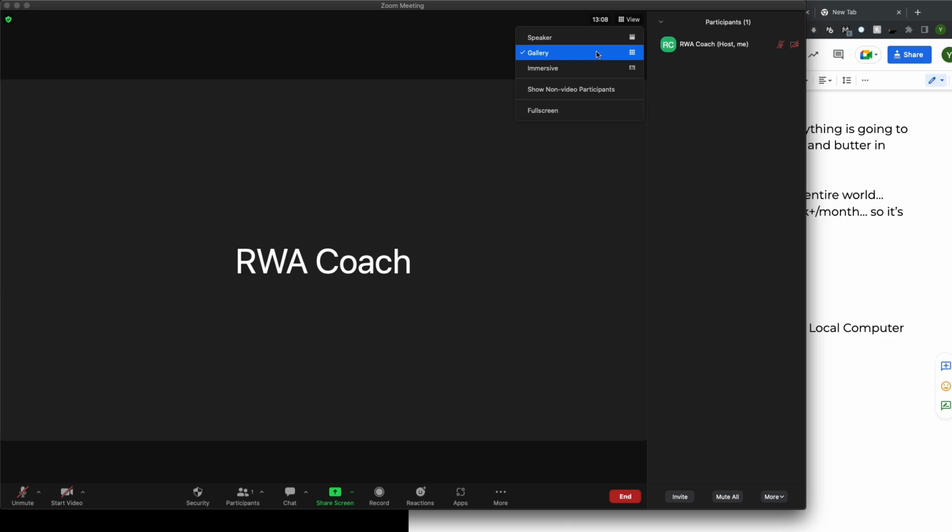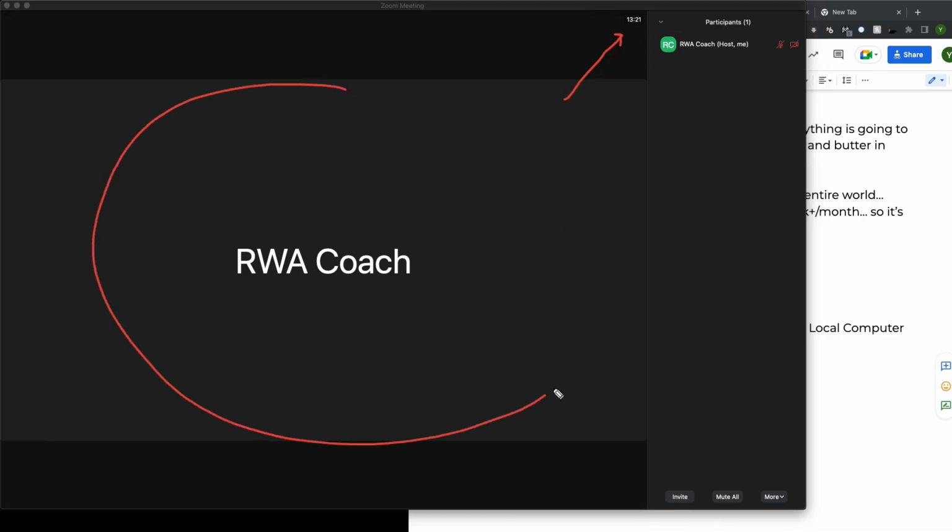On local recordings, it is recording whatever you are showing, okay? If you're in speaker view, it is going to show on the main screen whoever is speaking. It's not going to record the person who is not speaking. In other words, if your student is talking, you are going to be off screen, and it's not going to show you inside of the recording, okay?